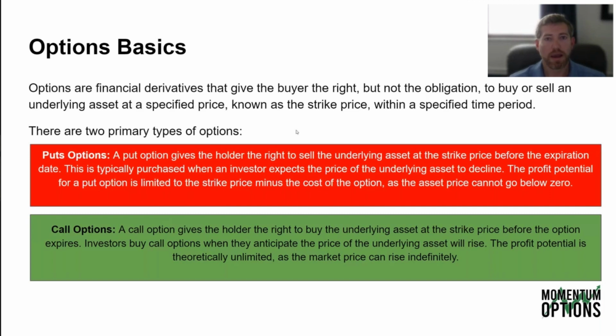Of course you would. Now, if price goes up $50 and you still have the right to buy at 500, now price is at 550. Of course you want to buy at 500 because you can immediately sell it for 550. That's a really good deal for you. So call options make money if price goes up, and put options make money if price goes down. And if either of these options is out of the money, not useful at expiration, it will go to zero because you wouldn't want to do that deal.